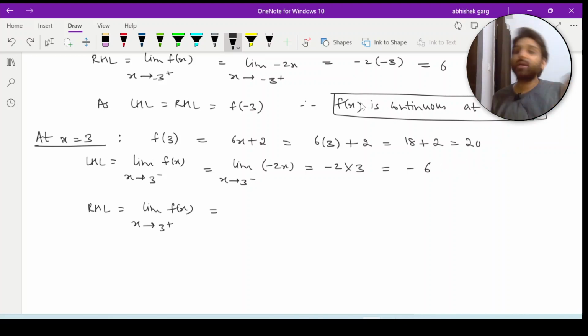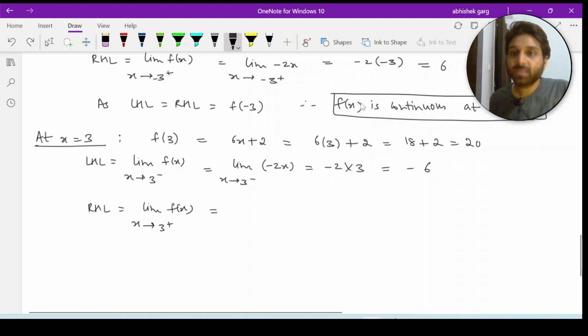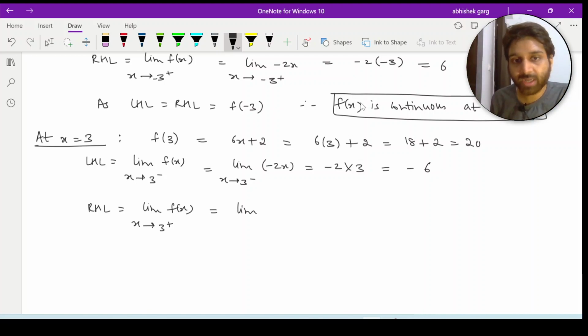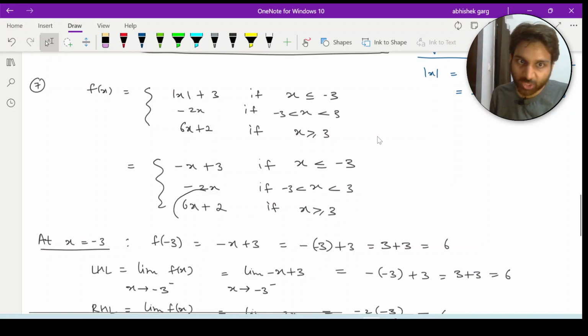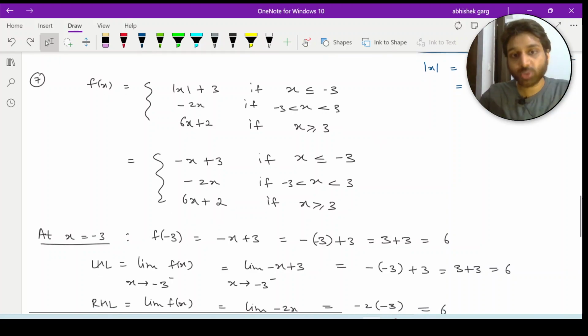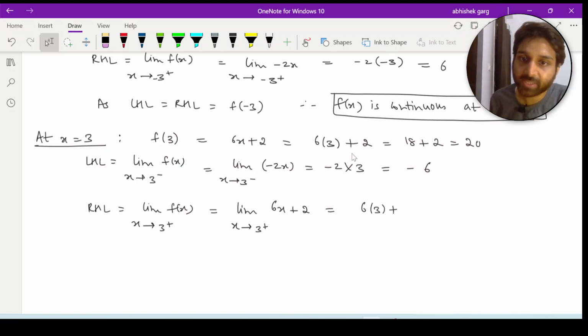तो यहाँ से आपको पता लग गया कि जो हमारा फंक्शन है वो कॉन्टिन्यूअस नहीं है, फंक्शन हमारा डिसकॉन्टिन्यूअस है। कहाँ पर? एट x इज इक्वल टू 3। बट फिर भी CBSE के अकॉर्डिंग आपको राइट हैंड लिमिट निकाल देनी चाहिए। तो लेट अस कैलकुलेट दैट। तो x टेंडिंग टू 3+, अगर x की वैल्यू 3 से थोड़ी सी ज़्यादा है तो वहाँ पर फंक्शन इज 6x + 2। ओके, तो यहाँ पे आप डाल देंगे 6x + 2 एंड विल सब्सटीट्यूट द वैल्यू ऑफ x एज 3। तो आएगा आपके पास 18 + 2 विच इज इक्वल टू 20।